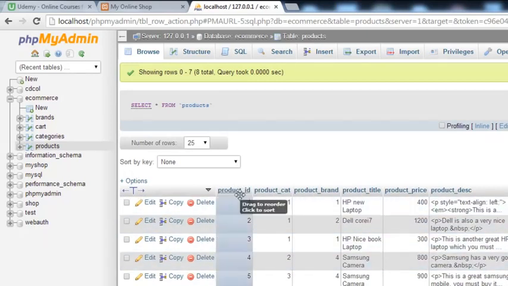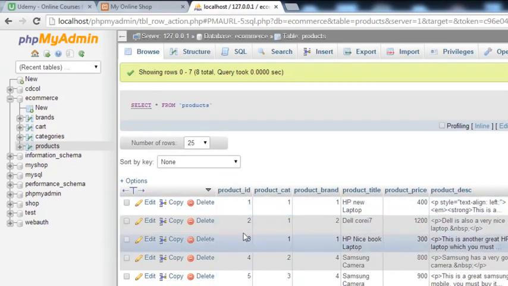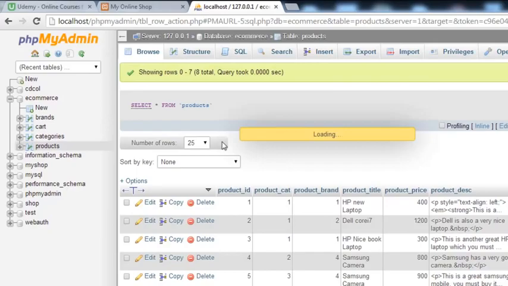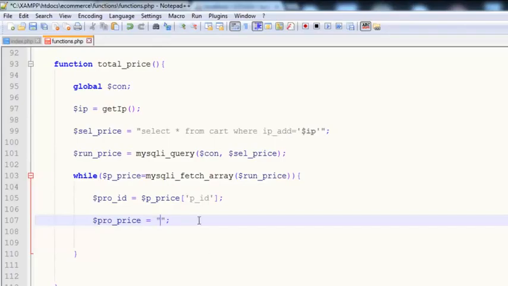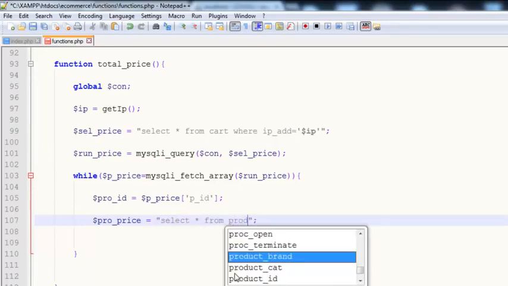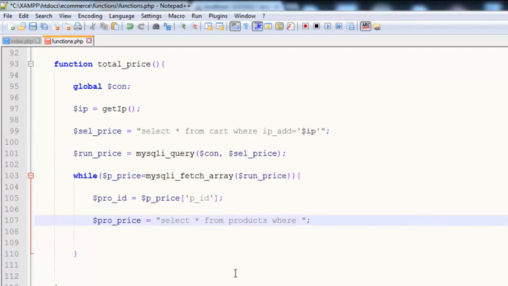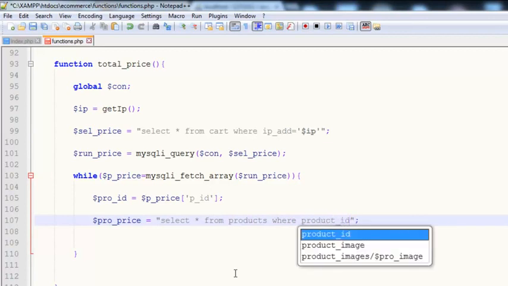So we can take data from the products table using this product ID as a reference. At the moment, this time we are making a relationship of two tables. We are taking one data from one table and, as a reference, going to another table and taking more data from there. So very simply we will say select all from products, now this time,